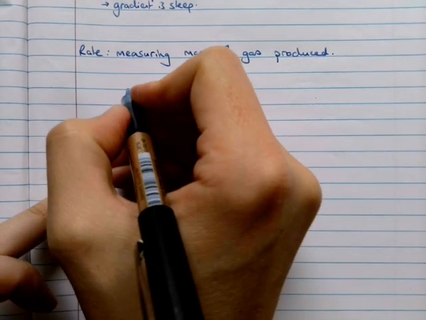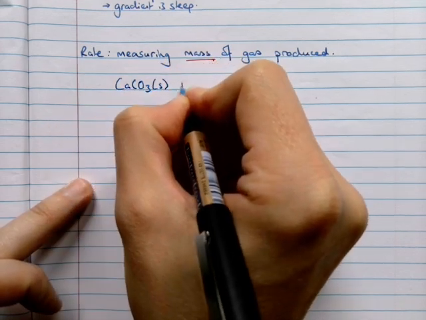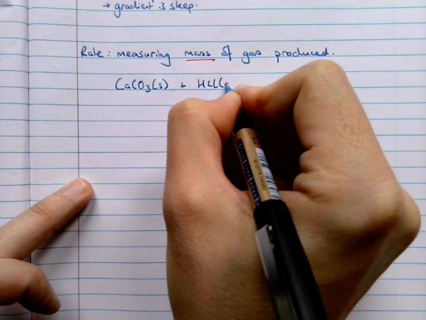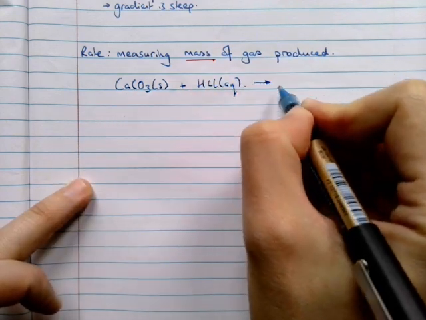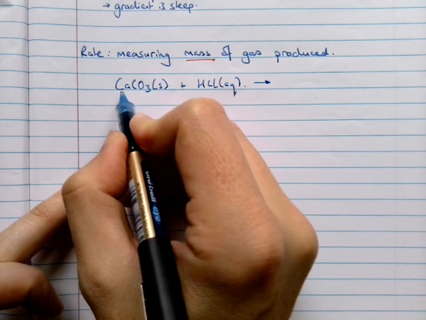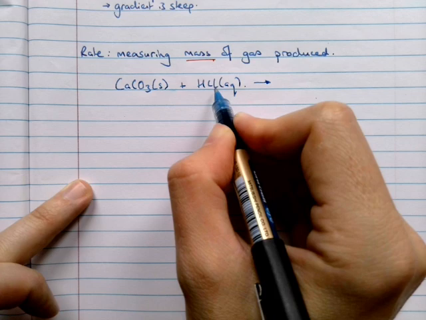So let's do a different reaction. Let's do calcium carbonate plus HCl. A metal carbonate plus an acid gives us a salt. Now, calcium is in group 2, so it's Ca2+. Chlorine is in group 7, so it's Cl minus, so it needs to be